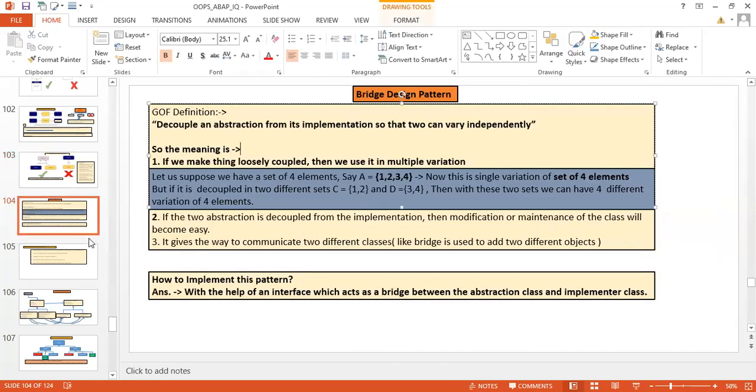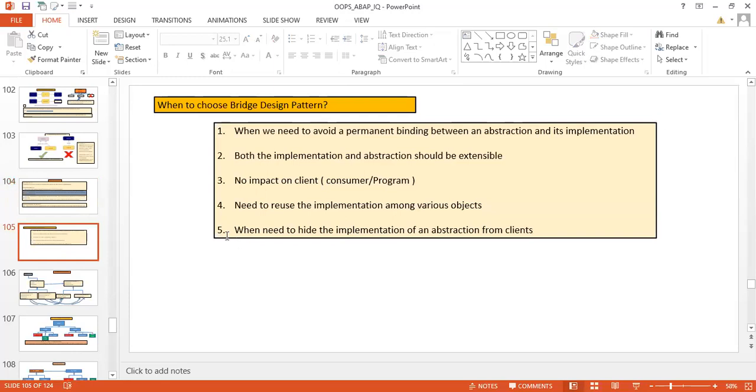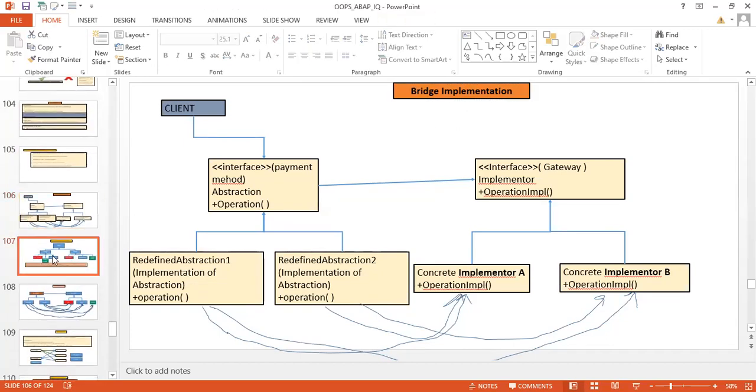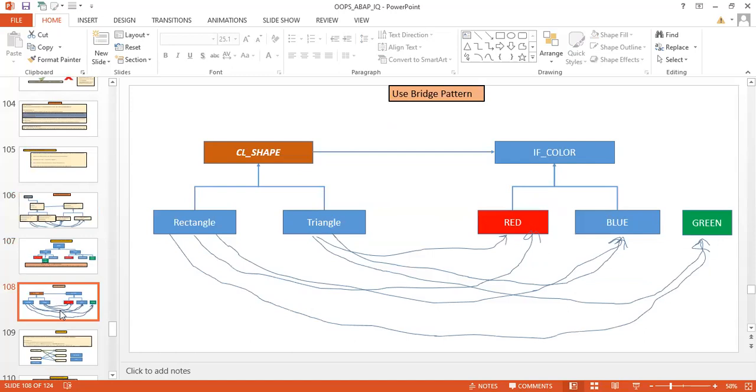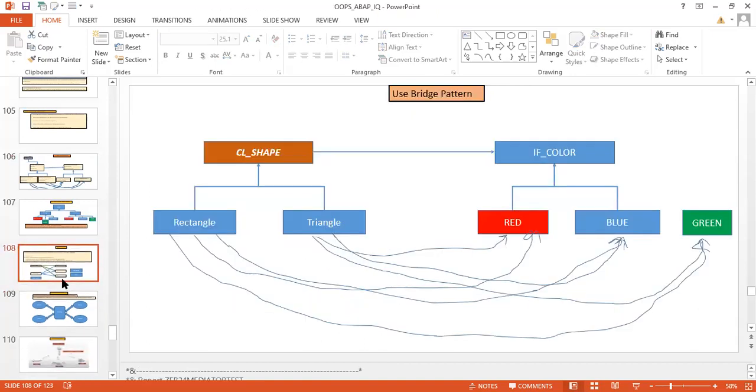There are several other design patterns. I will not go into that. That is not required from an interview point of view. If you want to learn in more detail, you can learn, but it is not required here. I'm just going to skip this, and these are some use cases.